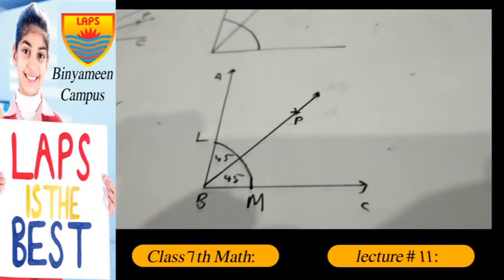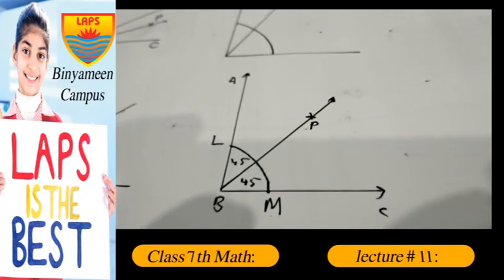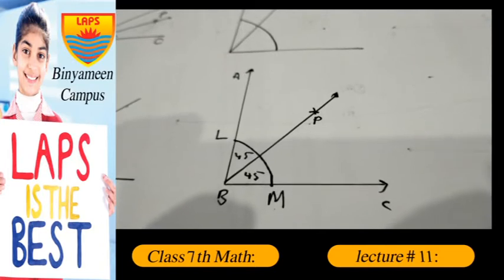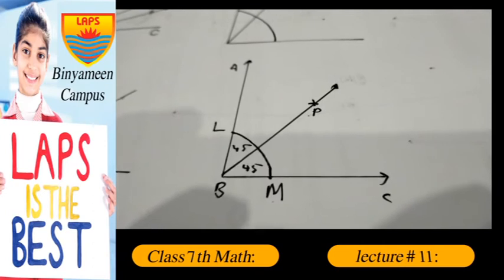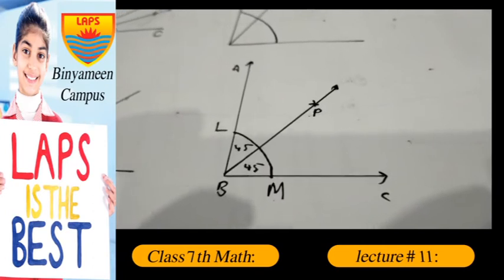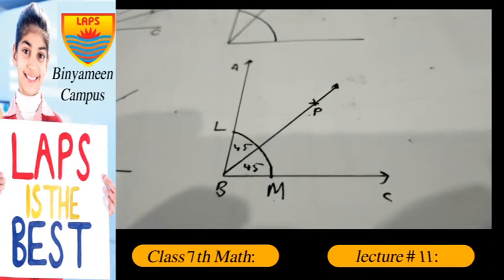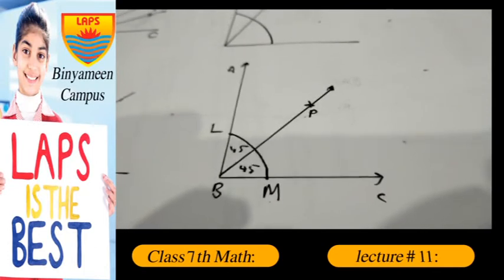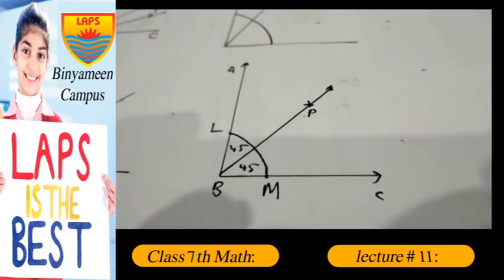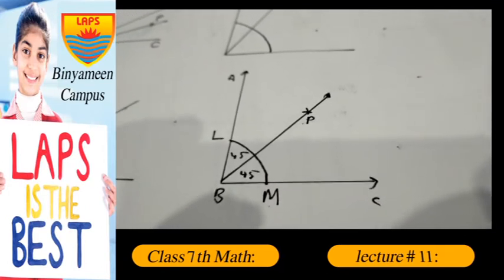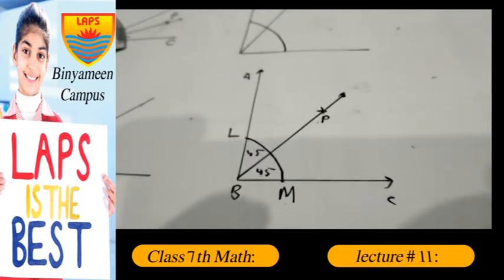Question number 6. Draw an angle of 90 degree with the help of protractor. With B as a center and a suitable radius, draw an arc to cut the arms BA and BC of the angle at L and M respectively. With L as a center and a radius more than half of LM, draw an arc, with M as a center and the same radius, draw another arc to cut the previous arc at P. Join B and P. Measure angle ABP and measure angle CBP; both are equal and the same.